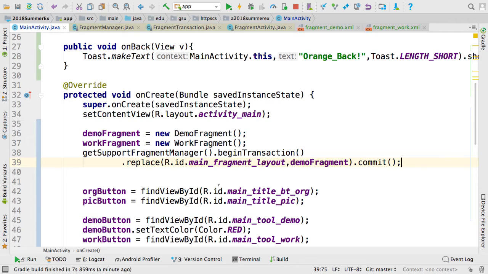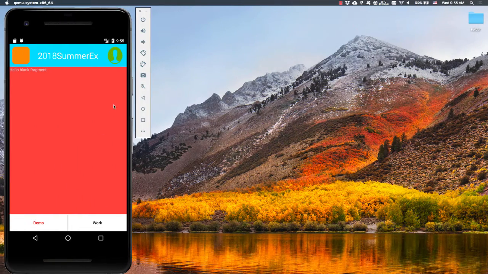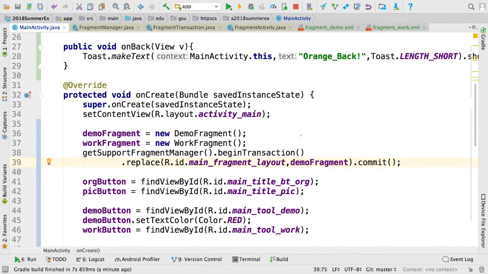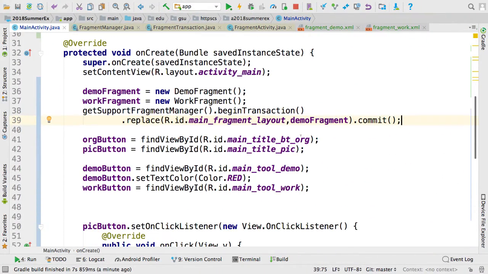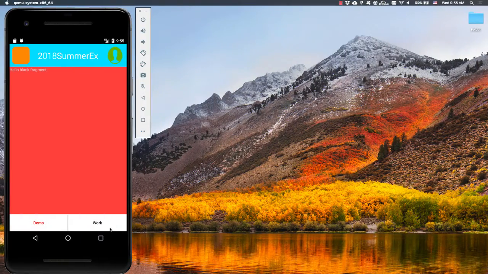So we can see the demo fragment already appears on the screen. So if we want to switch between the demo fragment and the work fragment by using these two buttons, what should we do? If I click the work button,